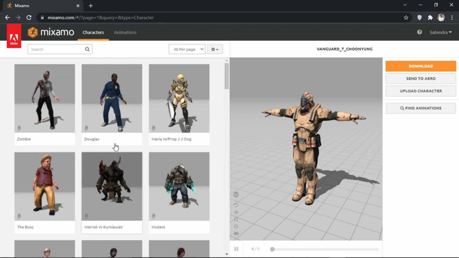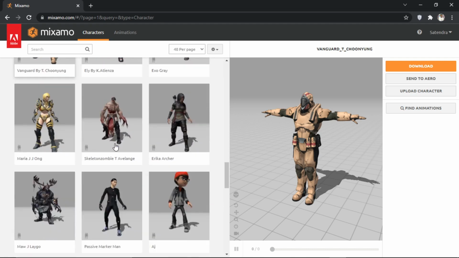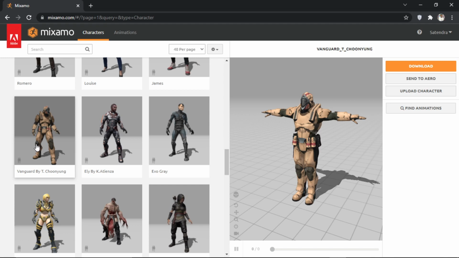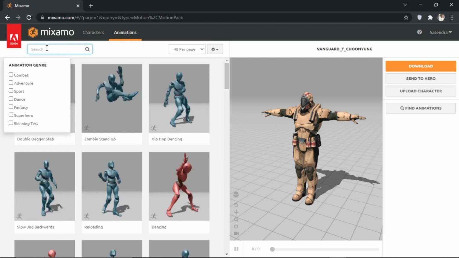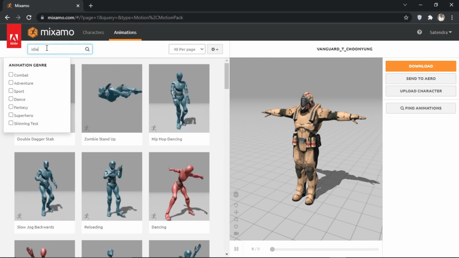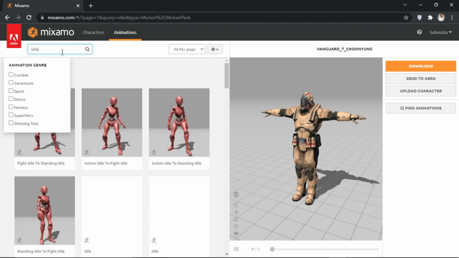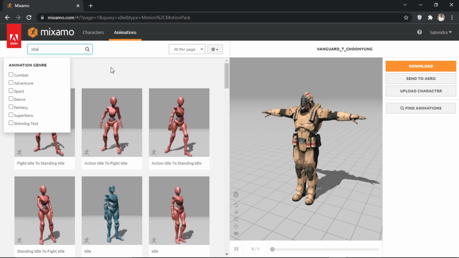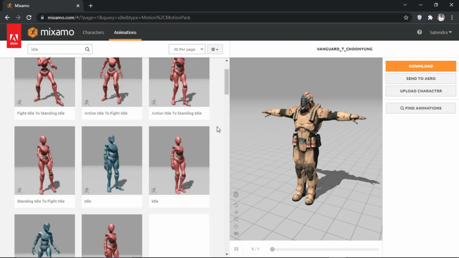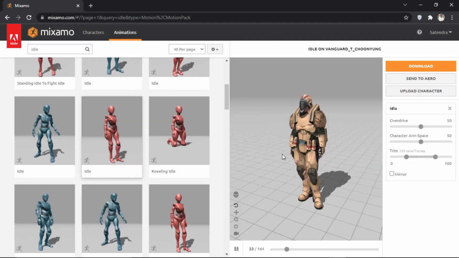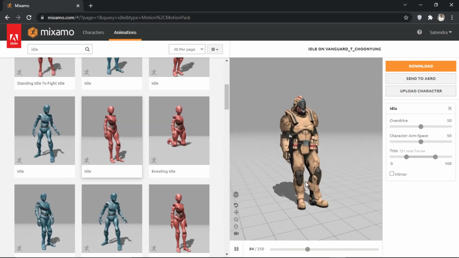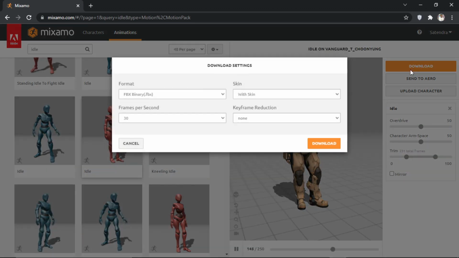So I have selected this Vanguard, and once you select this go to animations and you can search different animations like idle. We just want our character to be standing there, so select this idle pose and here it is, and just download it.